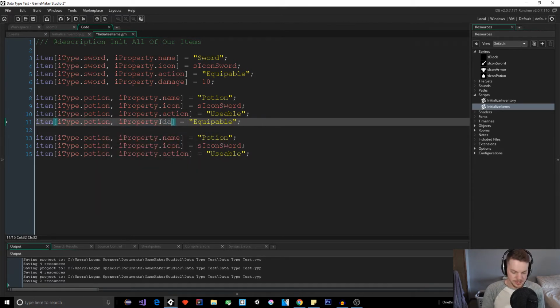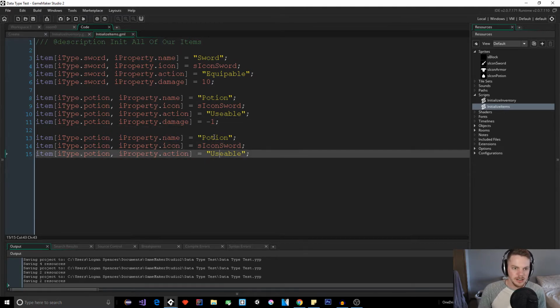In those cases, that's when I would use stuff like -1 or a number that's never going to be used in your damage scale. Then when you're doing checks, you could say, if this property's damage is not equal to -1, then I execute the code, or else I know it's not a damageable item or a damaging item, okay? And then let's say,